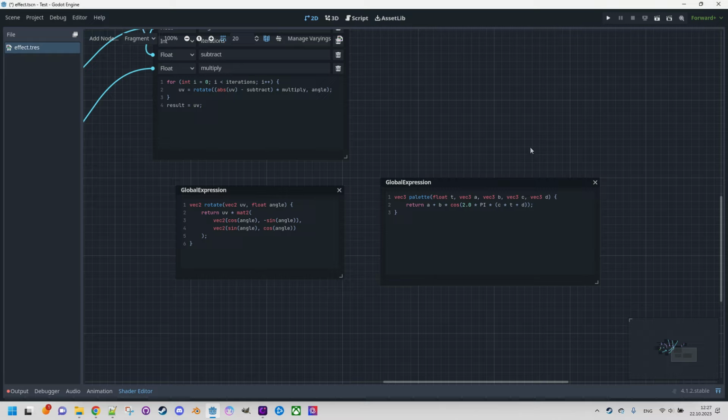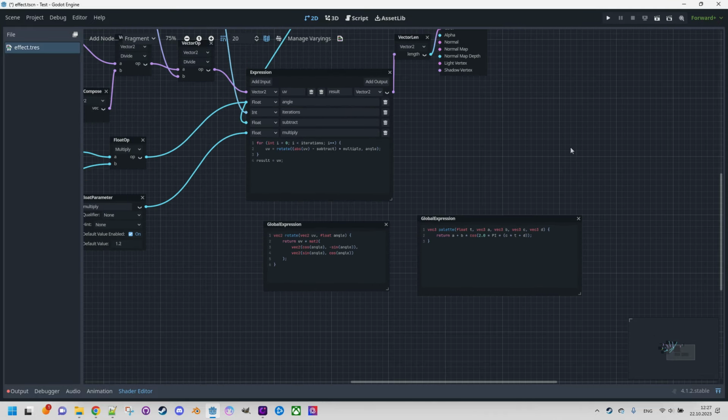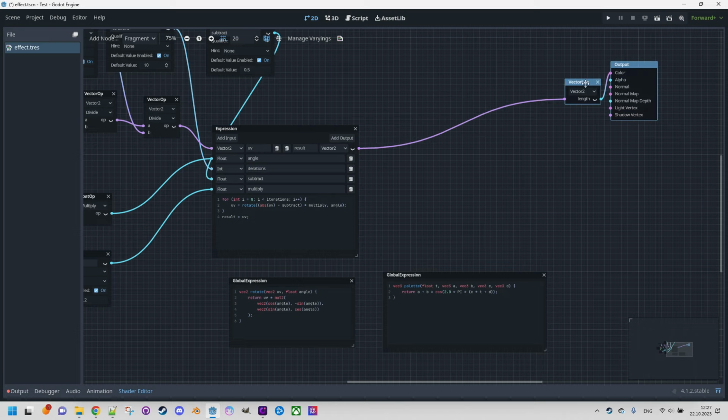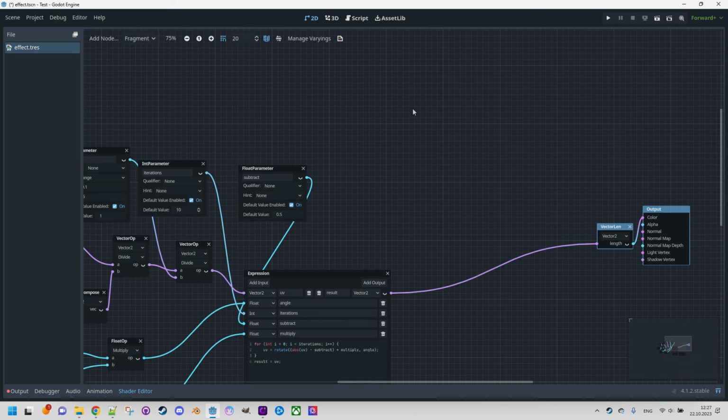Now we need to use it, and we will also define 4 more uniform parameters to specify these 4 colors in the inspector, so we can modify the palette as well. I will move these nodes to the right side to make space for a new expression. First, of course, for the input parameters uniforms. So add node, color parameter, there it is. Let's call it color A, and the default value would be